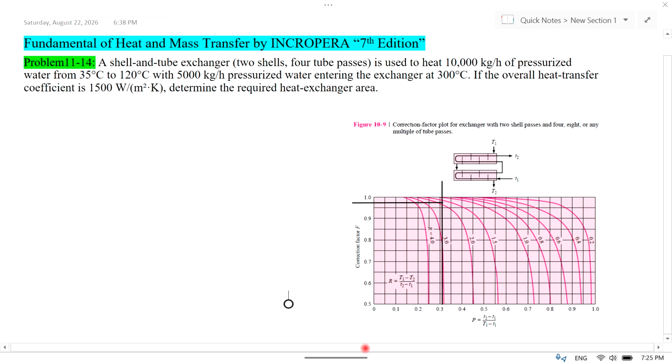Bismillahirrahmanirrahim. In this lecture, I am solving problem 11.14 from the book Fundamentals of Heat and Mass Transfer by Incropera